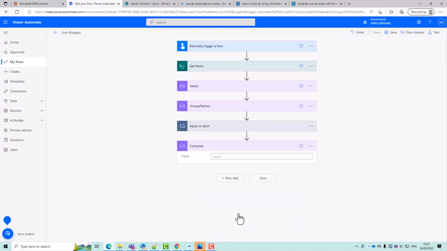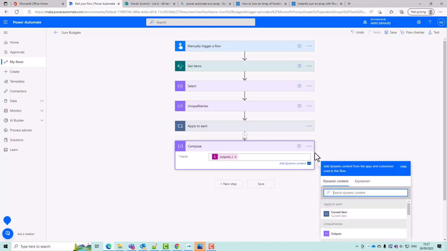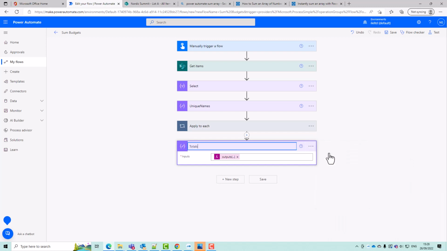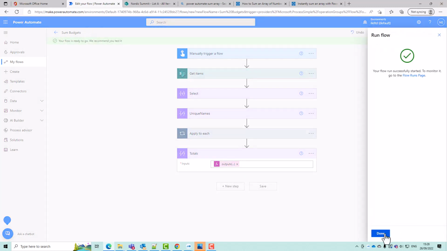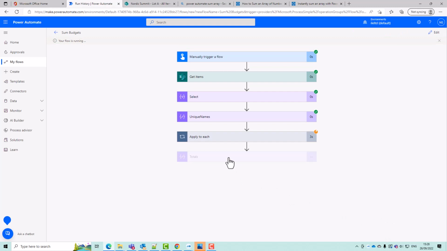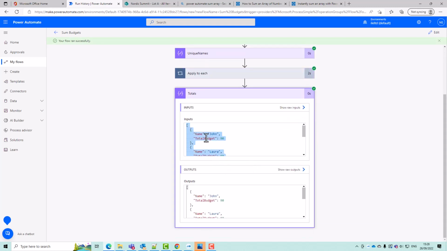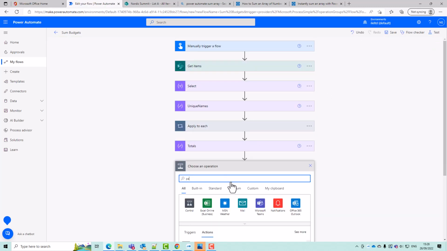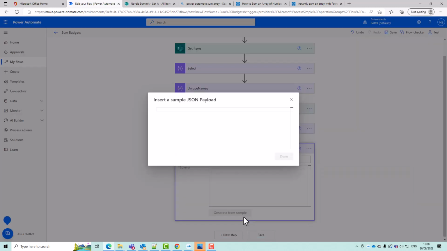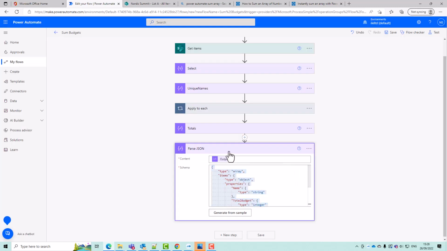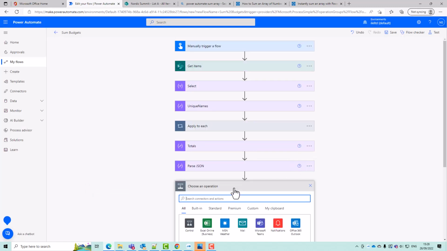Add a compose action outside of the loop. Put in the expression, rename that to totals. Then I'll grab the output of this, which is now an array of all of the values. And I'll add a parse JSON step. The input will be the output from totals. I'll paste in my sample output, and then I can go into something like add item,